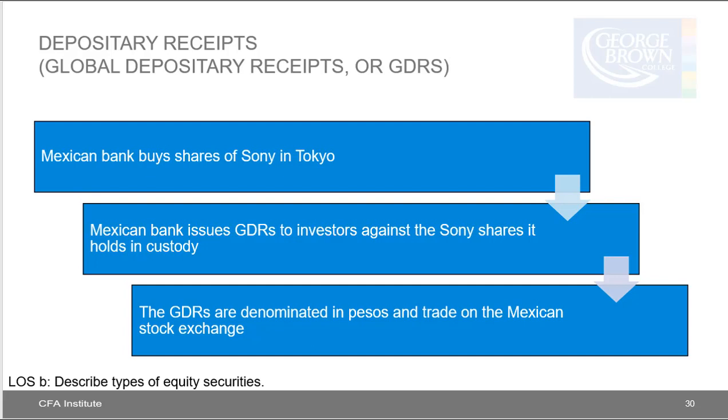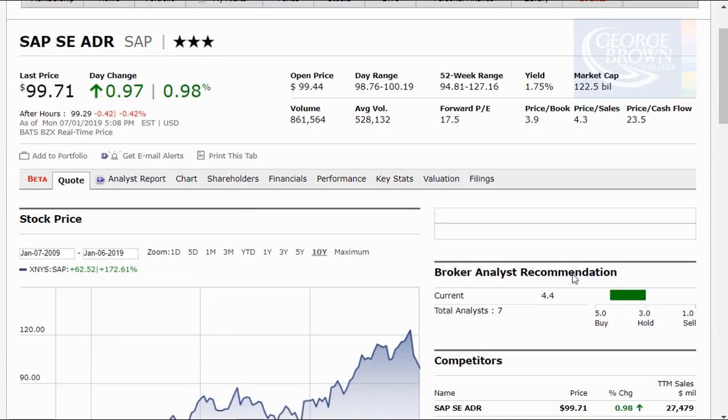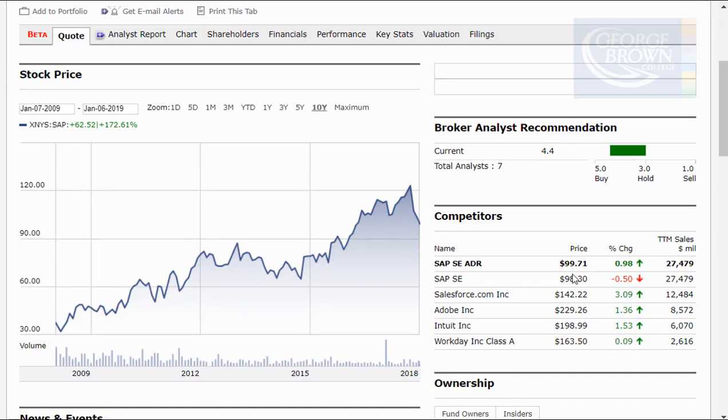In the United States, GDRs are known as American Depository Receipts, ADRs, as I mentioned. If any of you have looked at my LinkedIn profile, you see that I was a finance director for SAP in Asia for 5 years. I started with SAP in Canada. SAP is a German software company, and its stock is listed in Germany. However, there is an SAP ADR, American Depository Receipt, that trades in the U.S. So this gives U.S. investors the chance to essentially participate in SAP common shares, but again, you don't receive any